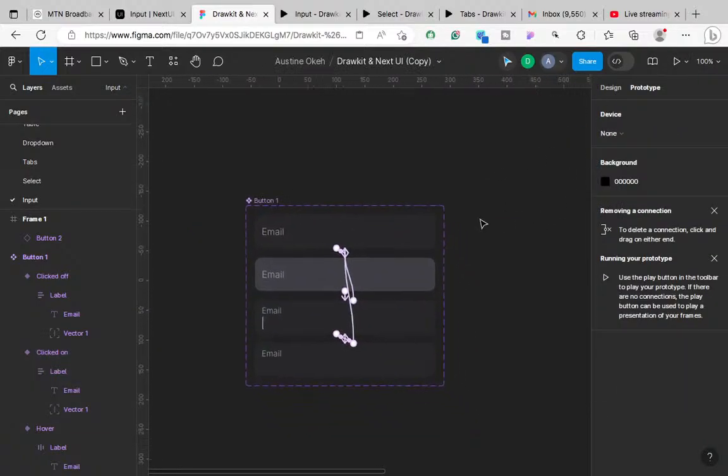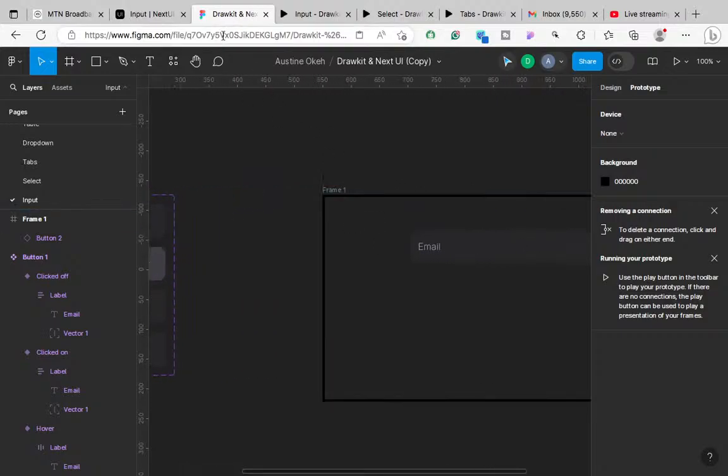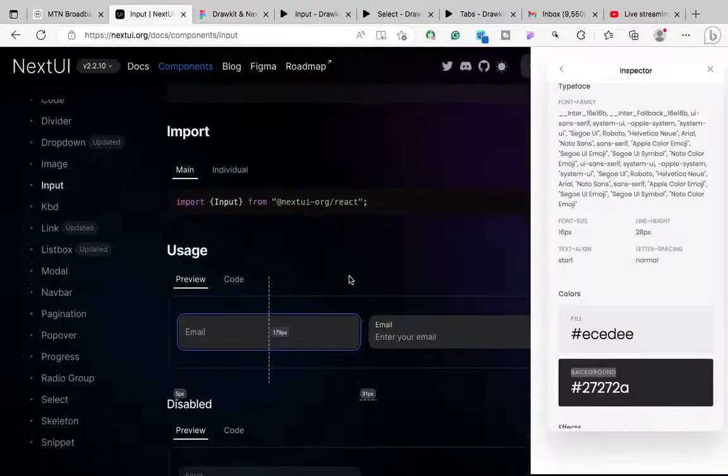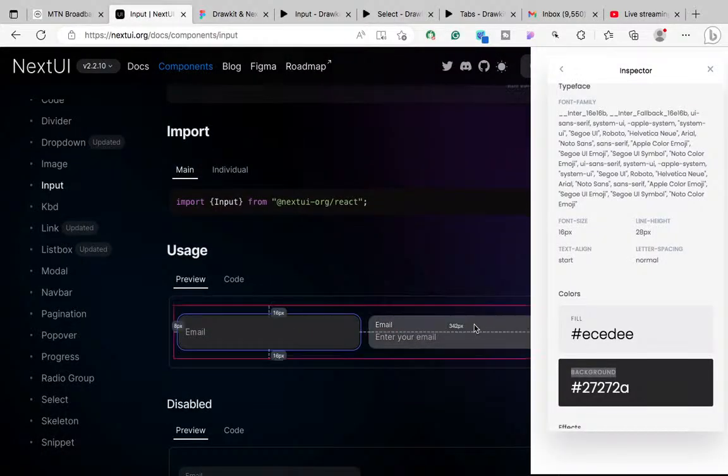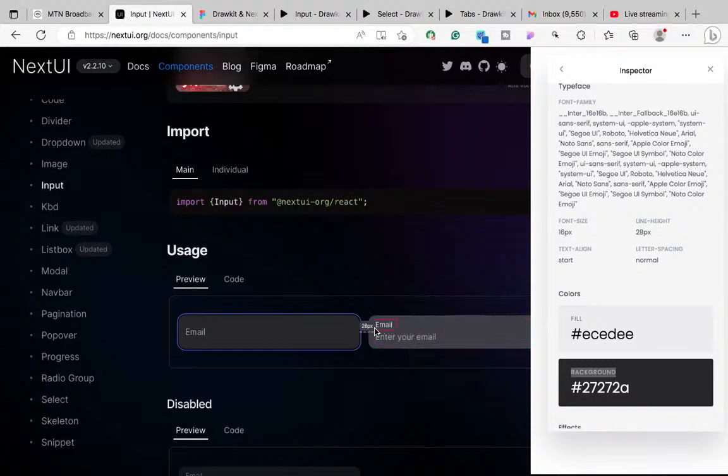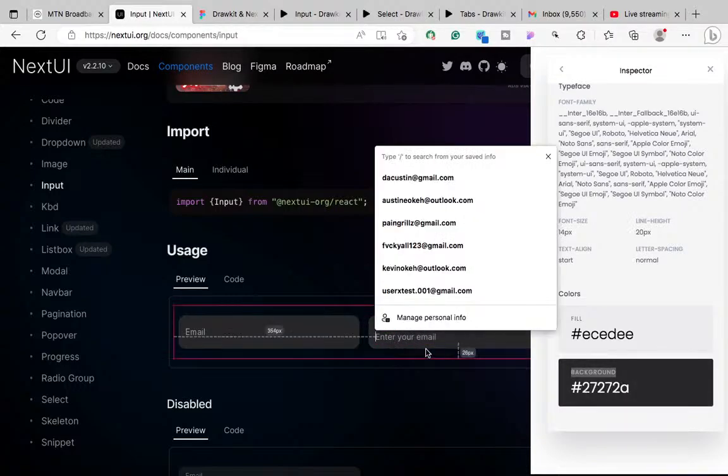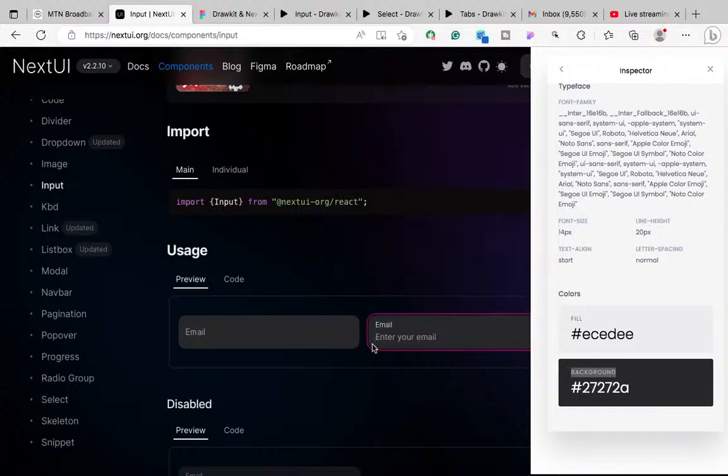But you get me. That's how we've been able to do the first one. Really easy. So let's move to the second one, right? So the second one, what's the only difference here? This one has a label beneath as well. And then when you click on it, nothing changes, just the cursor comes on. It doesn't have a hover on the click state too. So let's just